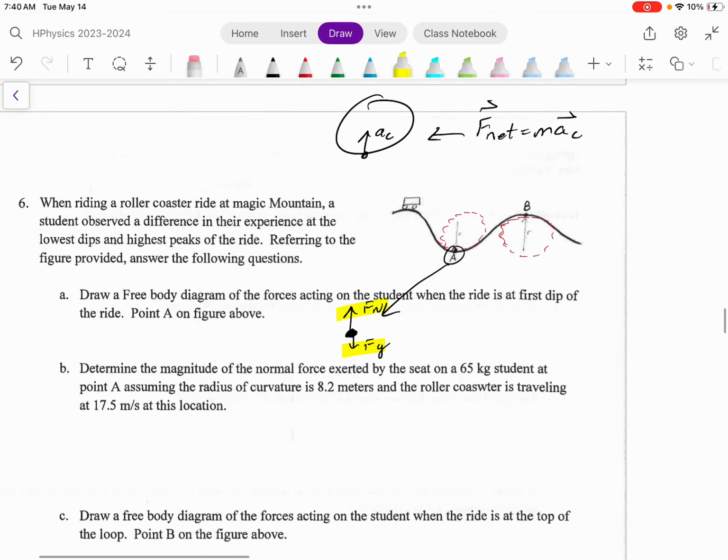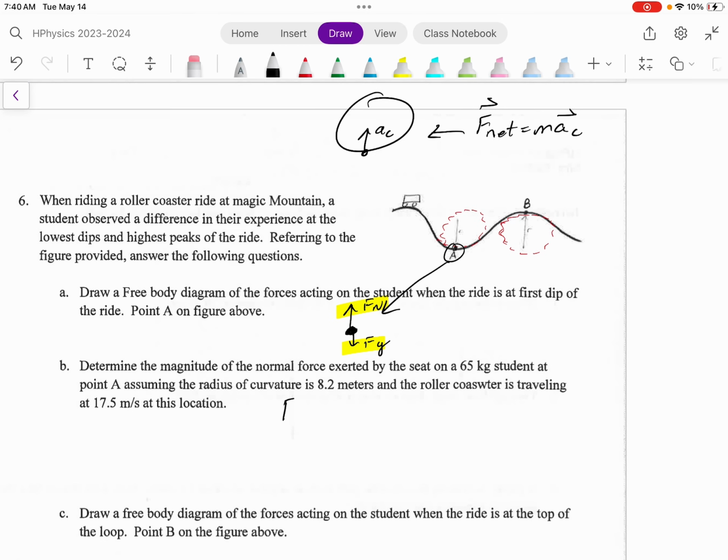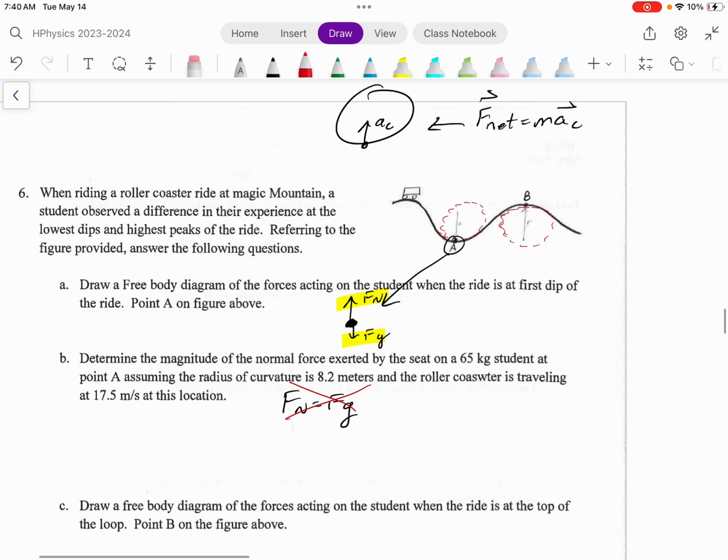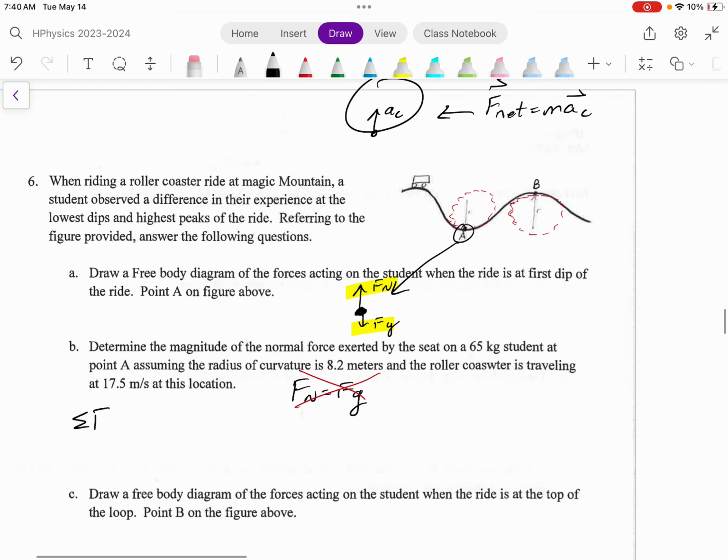All right, determine the normal force. So this is where students will try to go, well, force normal equals Fg. That is not correct because we're turning. Force normal has to be greater than Fg at this point. So we have to use Newton's second law, which is the sum of the forces inward, I'm on a circle, is equal to m times a_c. Inward forces are positive for force normal minus force of gravity, so I'll just replace that with mg, is equal to mass times, now a_c is a centripetal acceleration and it has v squared over r as one option,